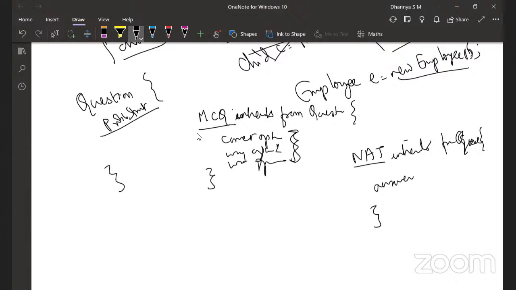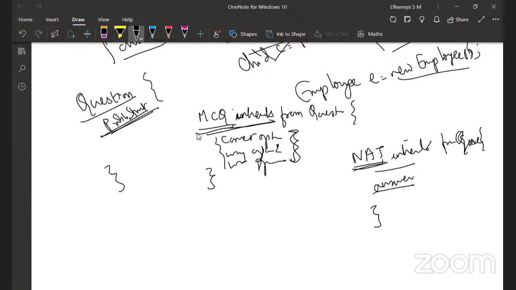So the question is the parent, MCQ is child 1, NAT is child 2. MCQ is inheriting from question, so it has the problem statement also. Even though it is not explicitly stated here, the problem statement is also data of MCQ. Same way, for NAT also, the problem statement is data here. But along with the problem statement, it has an answer. It does not have these options because it is not inheriting from MCQ. It is inheriting from question.